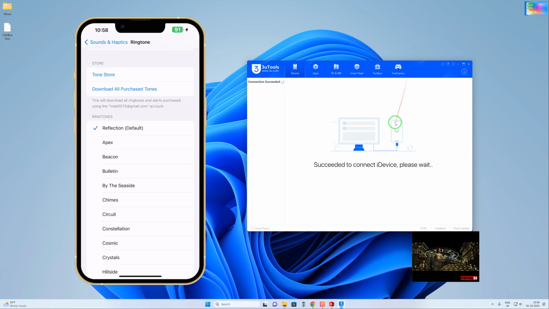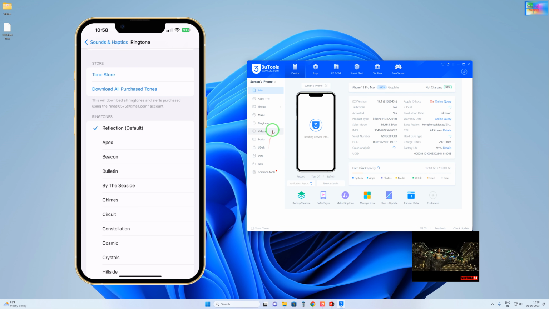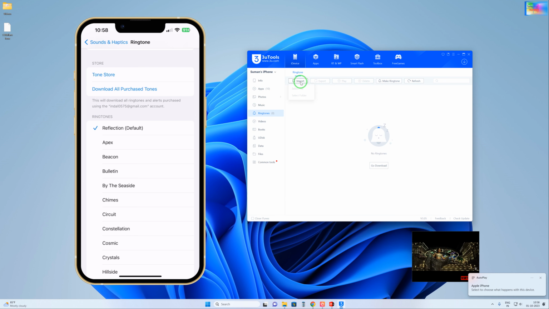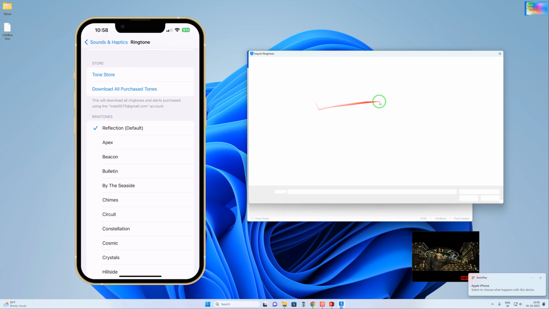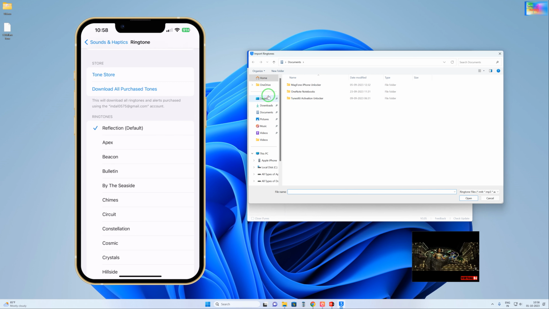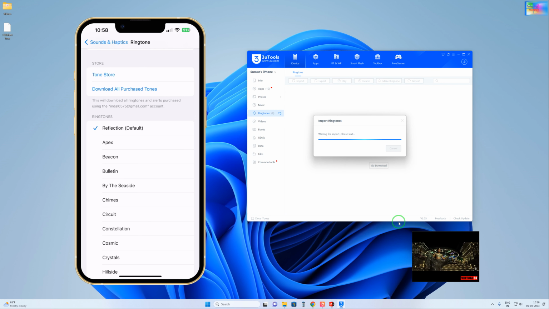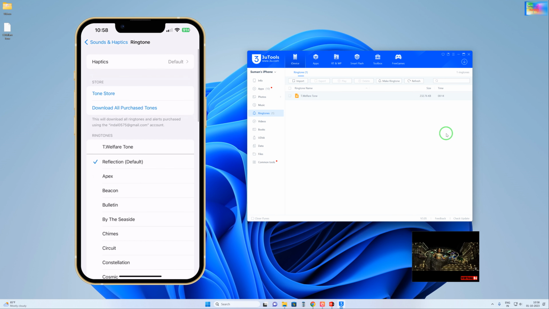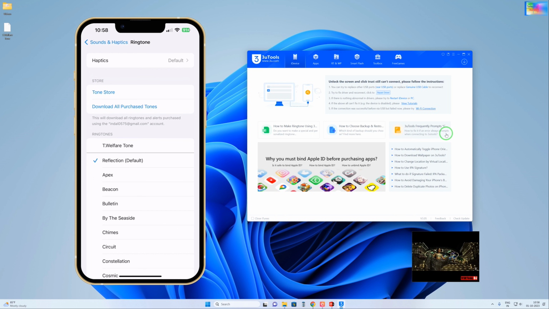we have connected. Now we have to come to the ringtone space, and then go for import. As we see here, we will select the file and folder according to your own choice. We will come to the desktop, and after coming to the desktop we will select this one. Now see, it's converting, and yes, it's successfully imported. As we see on my device, it is reflected here. This is the ringtone. If you would like to play it now,